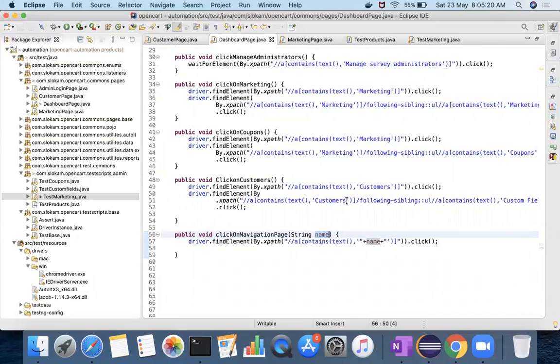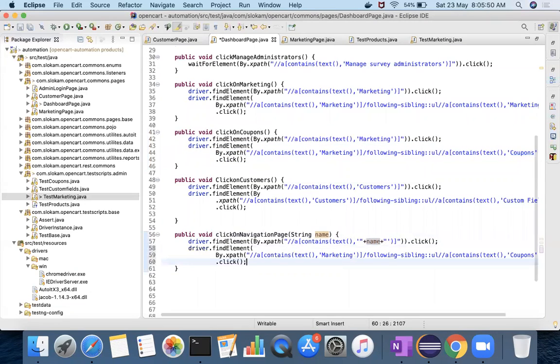Okay, now you see coupons. In order to click on coupons, how many data that I need to pass? Two lines of data, because one is marketing, another one is coupons. Okay, so how do I do that? See here, the first one is straightforward. I can do like this. And for the second one, then I need to give this. Okay, and a string subname.